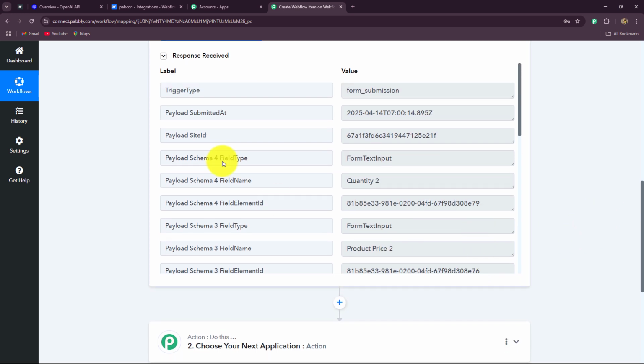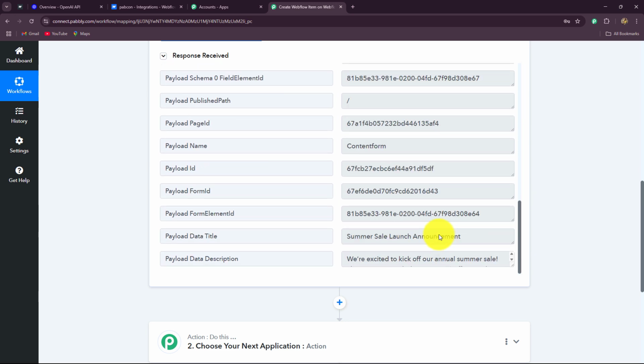So in our response here, we have received all the details. Let's start reading them one by one. Here we have the trigger type which is being performed, that is the form is submitted. Then the date and time at which the form was submitted. We have the site ID. When we scroll down more, here we have the title of the post and the description which the team member